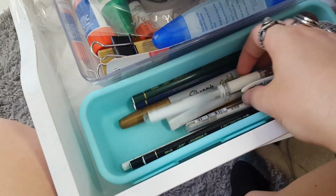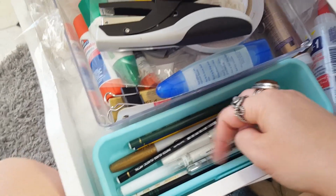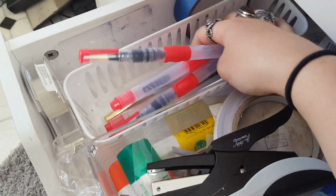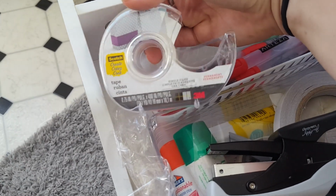In here I have white pens, glitter pens, Stabilo all pencils, just kind of like basics. These are all my water brushes or travel brushes. This is my clear tip-in tape that I love using. Recent find, best thing ever. Painter's tape,